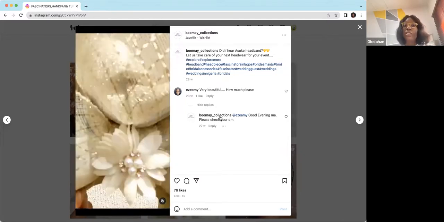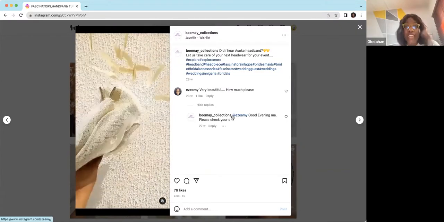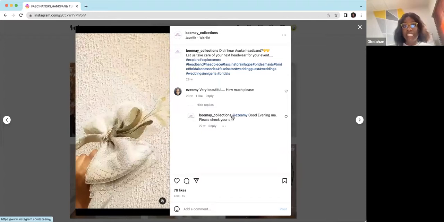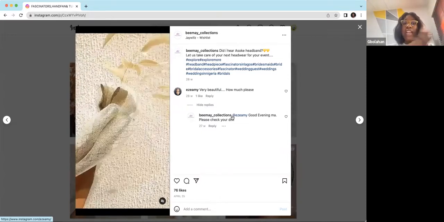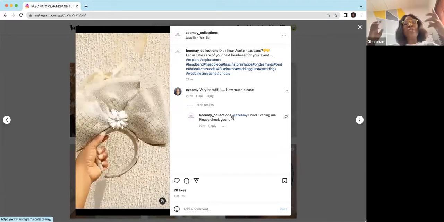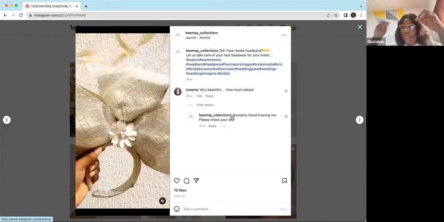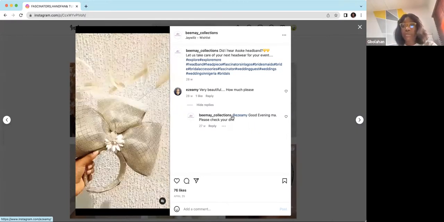It's really nice, but me myself, I'm scared to enter them because the day I don't have the money, I just want to know the price. Do you understand? But if I have the money and I want to get it and I come to your DM and you tell me the price, it still makes sense. Do you get? But it makes sense if you even have it here. Even if you have it here, some people will still come with their big head to meet you in your DMs to ask for the price.